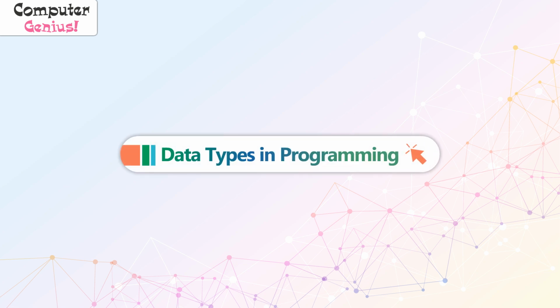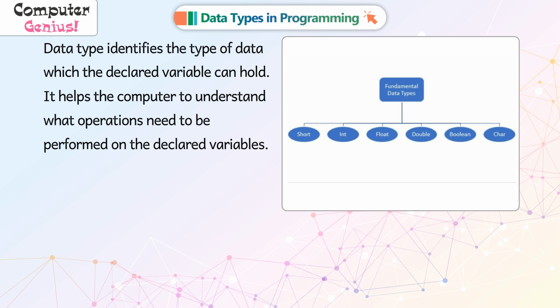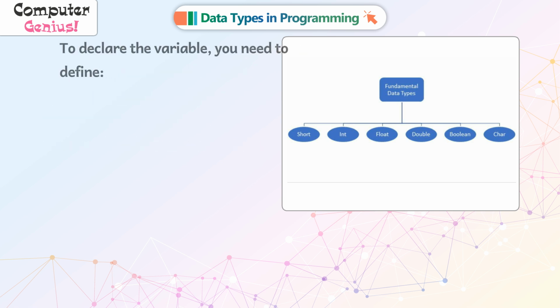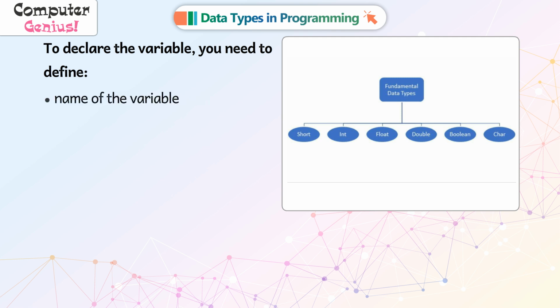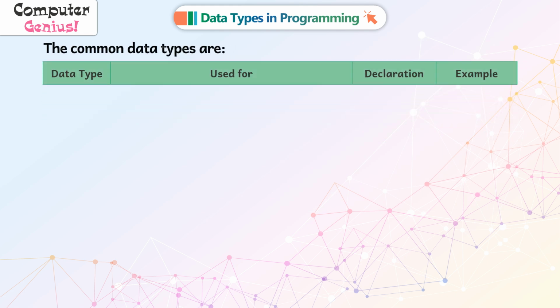Data types in programming. A data type identifies the type of data which the declared variable can hold. It helps the computer understand what operations need to be performed on the declared variables. To declare a variable, you need to define the name of the variable and its type. The common data types used for declaration are: